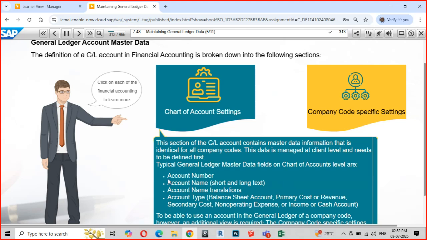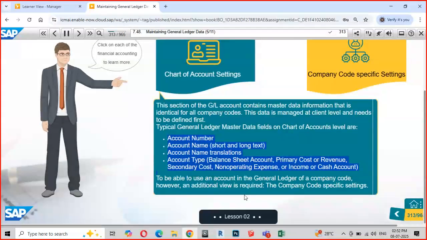So he has explained what part of the general ledger account, what information. Suppose you take a rent account or even your stationery expense account: what portion of that information is contained at the chart of accounts level and what portion is contained at the company code level? Probably you may not be able to relate this until I show something on the system. Don't worry,